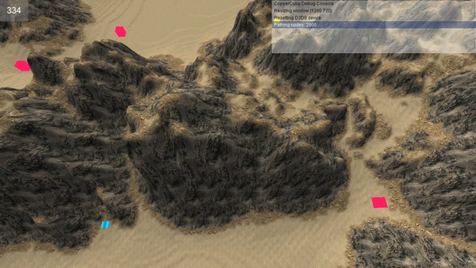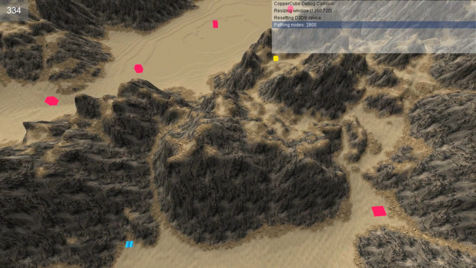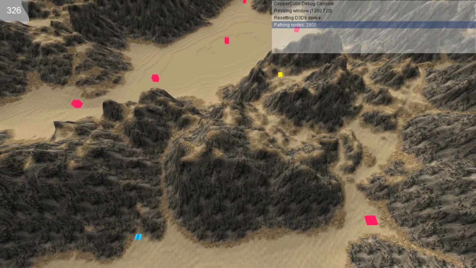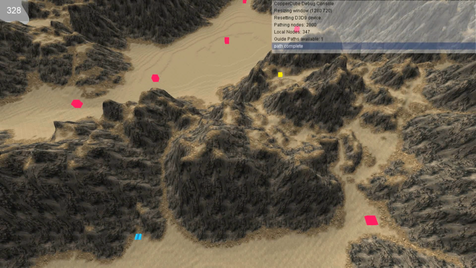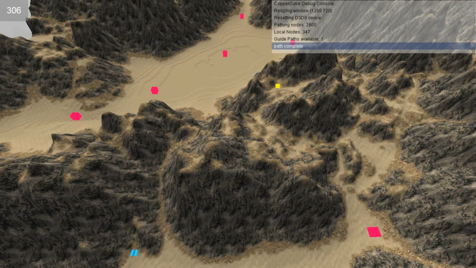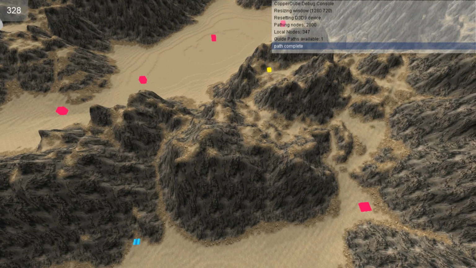Alright, so here's the pathing nodes. I've got it on startup. It's already created all the path nodes. Doesn't take any time at all. And then when I press P, boom, instantaneously done. Super fast. It's telling me that between the start and the end, there's a total of 347 nodes,